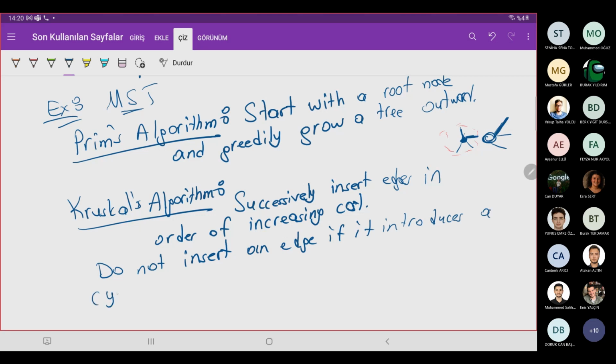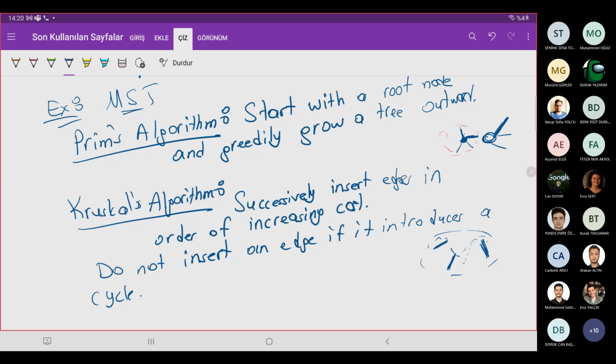This time I don't grow it from outwards. But let's say I have the graph somewhere here, I pick the minimum cost edge. And another, the edge with the second minimum cost maybe is somewhere here. A third one, maybe here. A fourth one, if it's here, now because it would introduce a cycle, I don't include it in my solution. I pick the next one, which is here. Okay, so eventually they form a tree. Okay, that's what Kruskal's algorithm is, and it's also greedy.